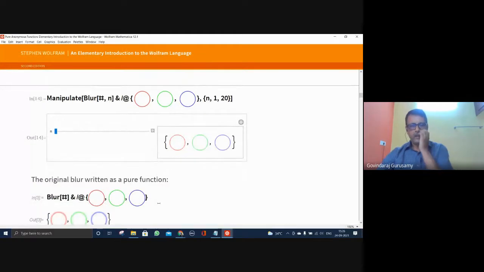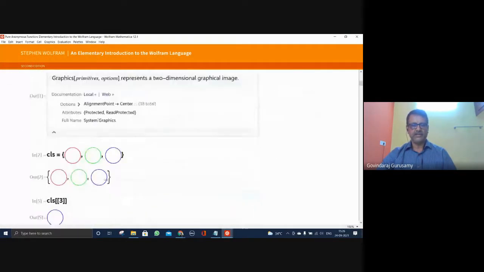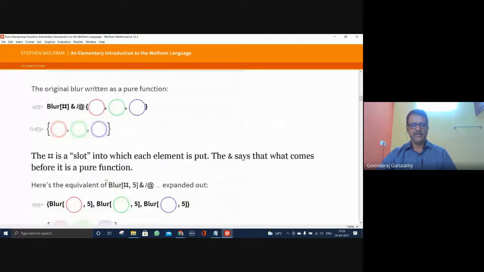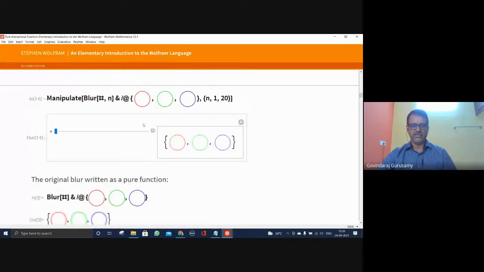So this has become the most useful thing, and one should start thinking about handling things through such functions.